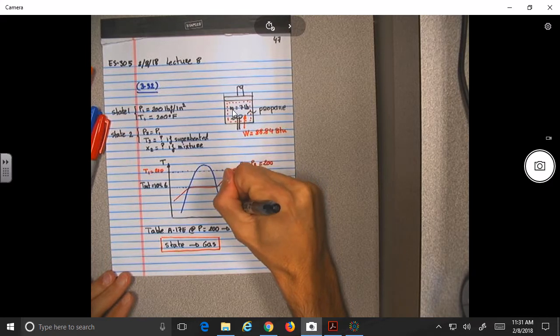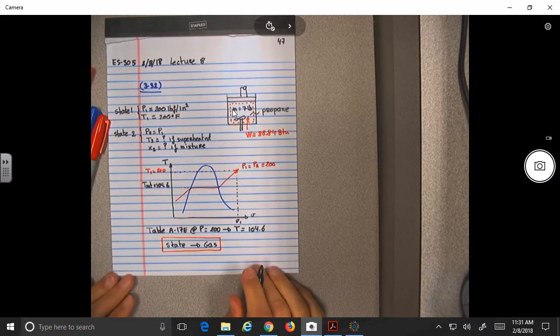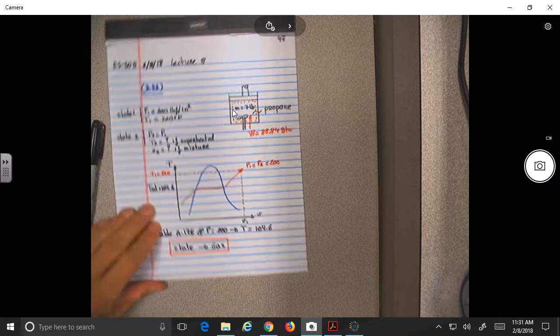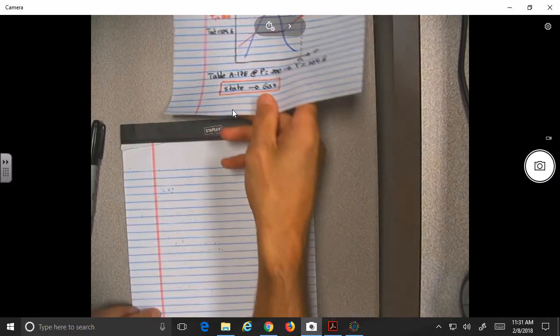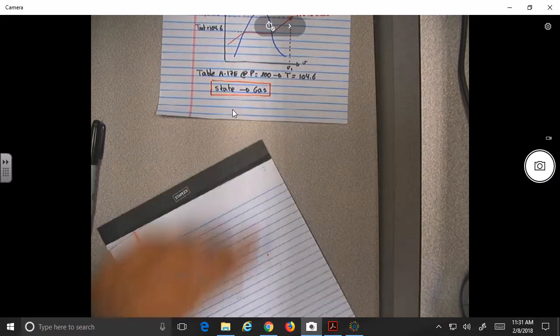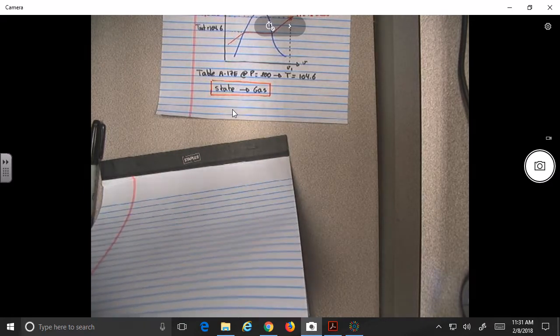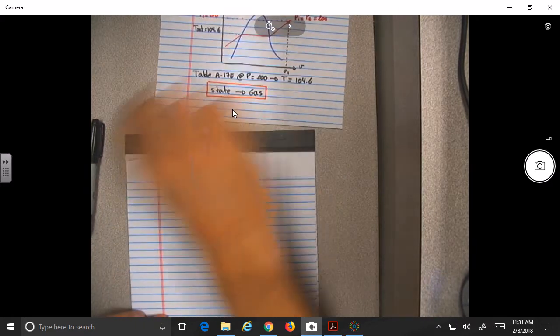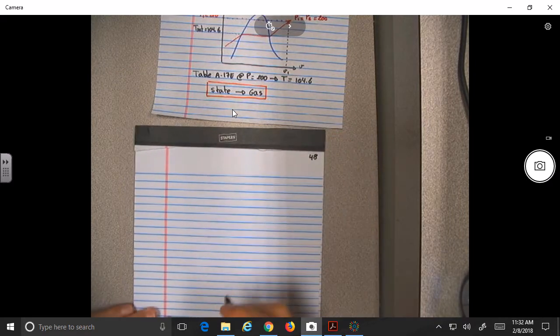We can go to the appropriate table and find the value for V1, no? Okay? So let's say 48. So now,